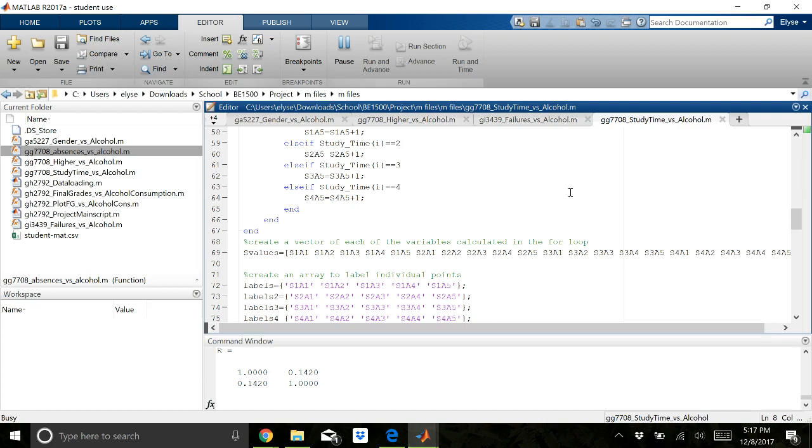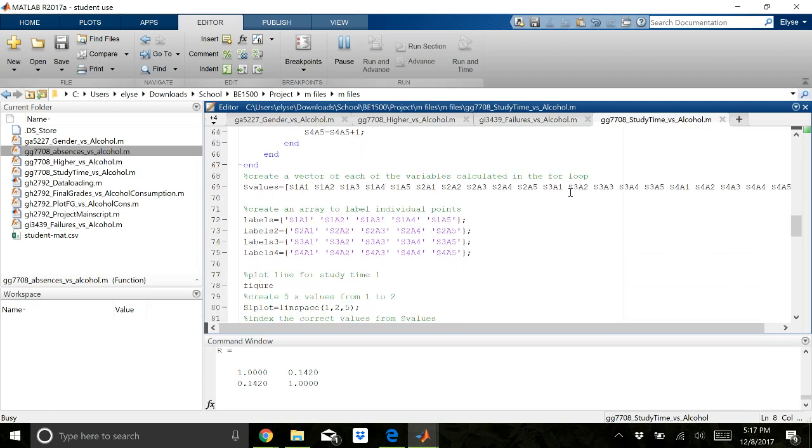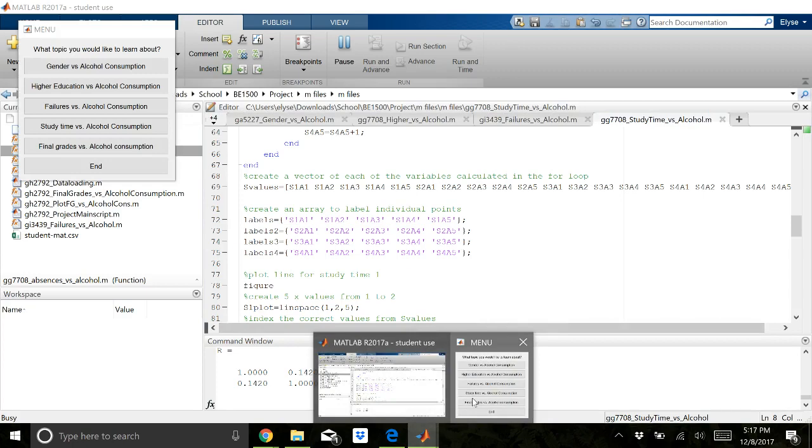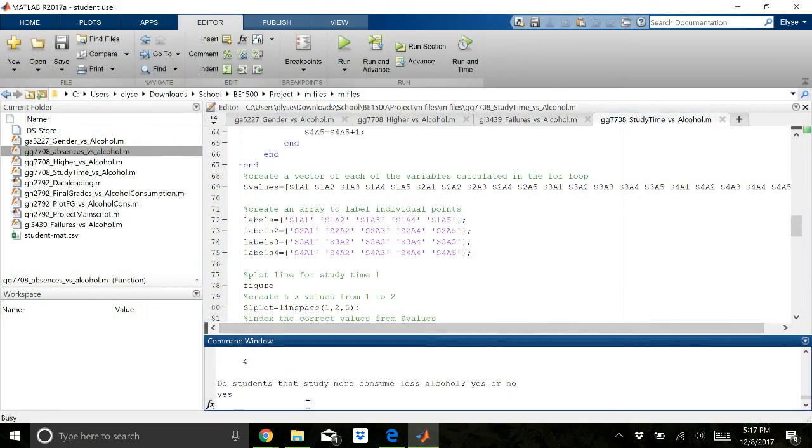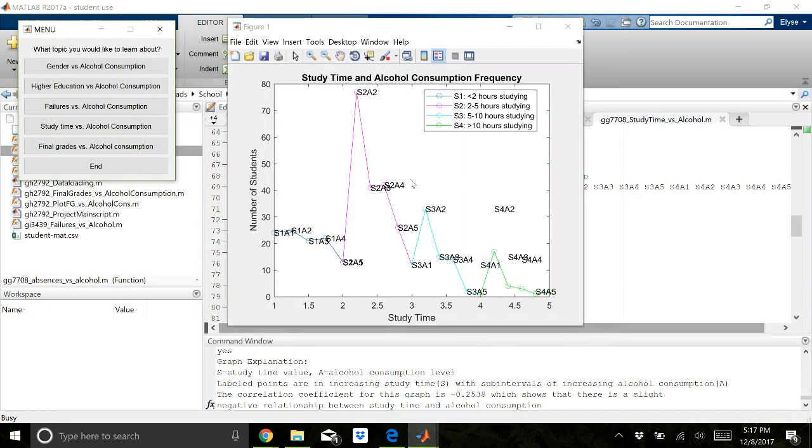We used for loops to label each portion of the graph and created a legend to make it easy to comprehend the data, in addition to a description in the command window. The output of this function is R, which is the correlation coefficient in the data graph. The results show us that the students who study more tend to have a slightly lower alcohol consumption. Here's the graph with the legend, as well as the graph explanation that explains the code, the labels, and the